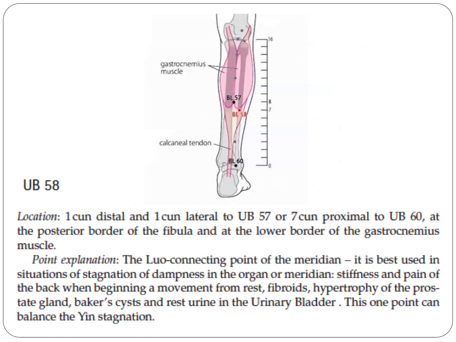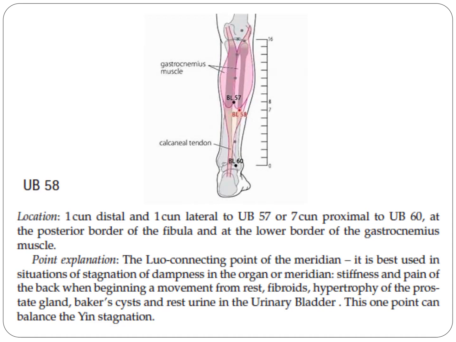Let's go to UB58 naman. Location: 1 tsun distal and 1 tsun lateral to UB57, or 7 tsun proximal to UB60, at the posterior border of the fibula and at the lower border of the gastrocnemius muscle. Point explanation: the Luo connecting point of the meridian, it is best used in situations of stagnation of